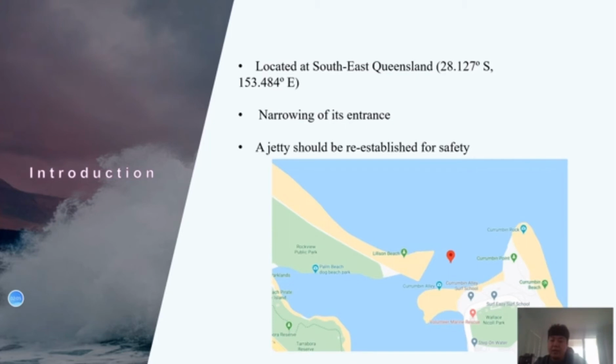Currumbin Creek is located in southeast Queensland, which is near Currumbin Beach. In the past, due to the narrow entrance, it always needed frequent maintenance work. Dredging works must be carried out frequently so that the depths at the entrance are at an appropriate level. The entrance of the stream is used by different stakeholders, both commercially and socially, so its maintenance and sustainability are